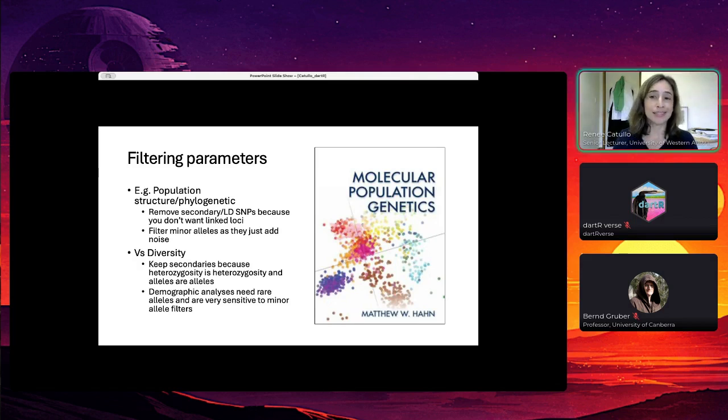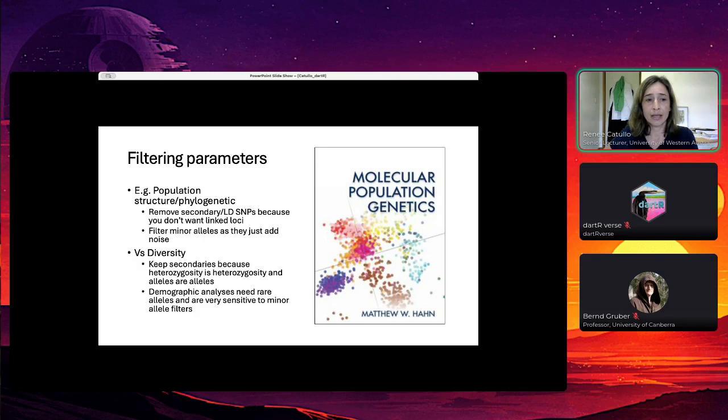That's fundamentally incorrect for phylogenetics, because you want each of your loci to tell you a unique, independent story of evolution if you're using things like species tree approaches. But you might as well filter out your minor alleles, and somewhat hard too, because they just add noise to phylogenetic analyses. But if you're doing diversity analyses, there's no point, you shouldn't be getting rid of your secondary loci,